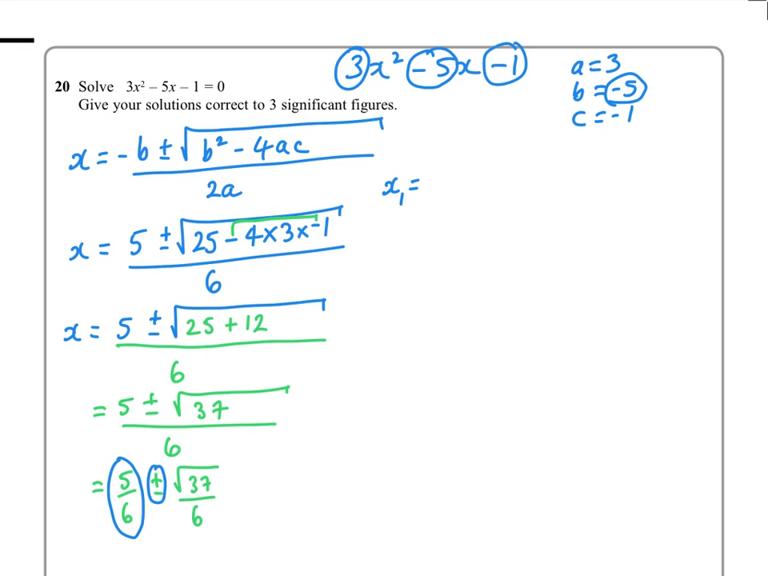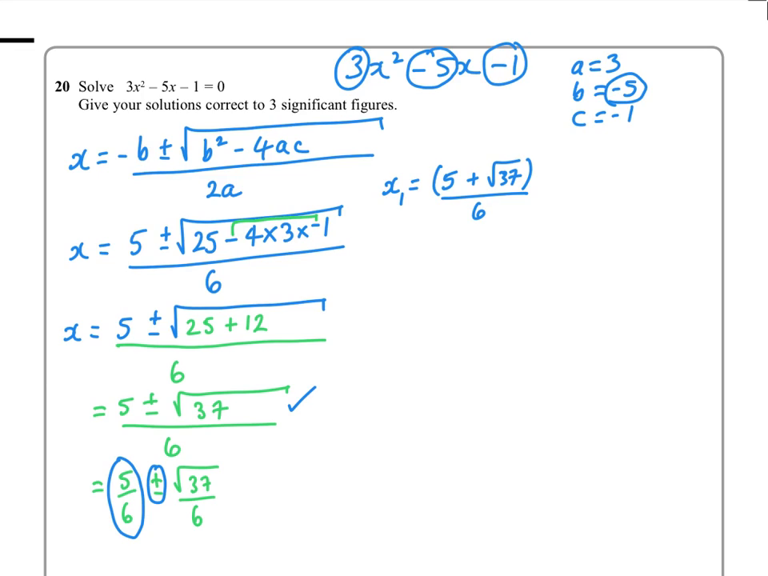So your first value would be 5 plus root 37, all divided by 6. So when you do it on your calculator, put a bracket around here. So I'll do that one first. So on my calculator, let's have a look. 37 to the power 0.5 plus 5. That would be